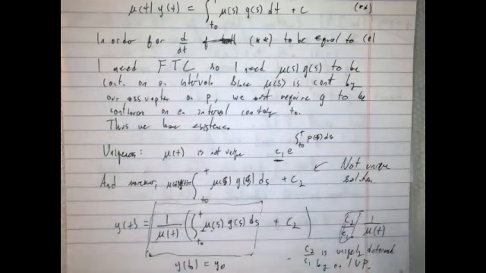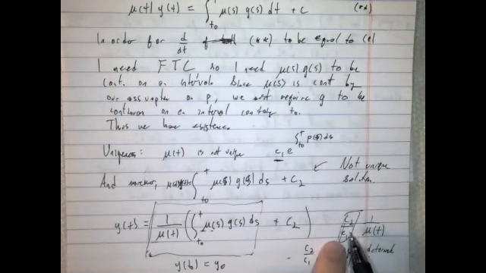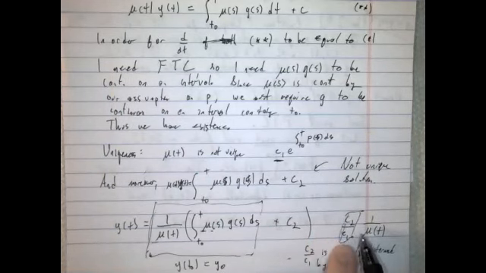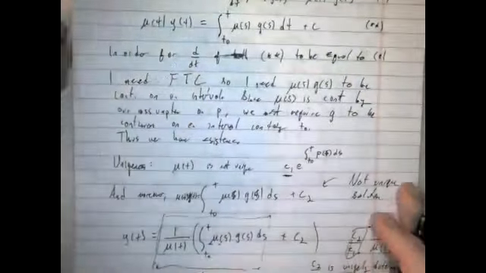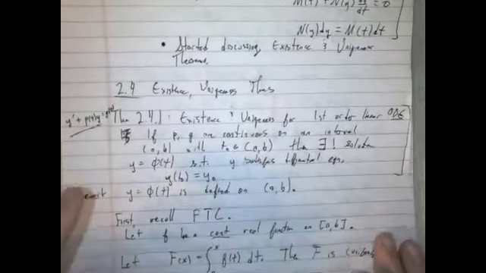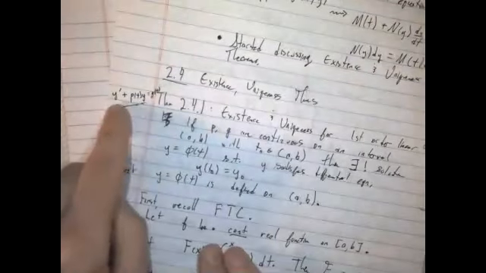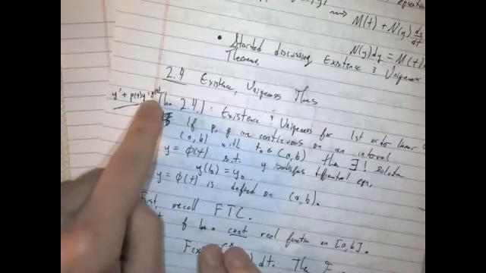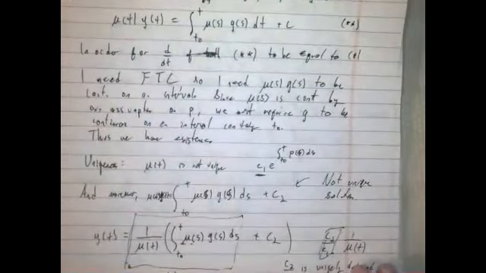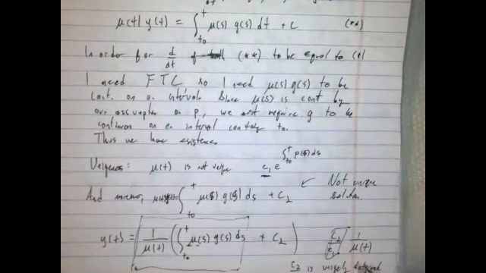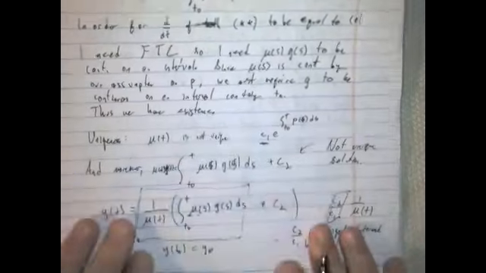which is true. Any value of c2 and any value of c1, as long as they're not 0, will give me a function which satisfies y prime plus p of t y is equal to g of t. But the point is, once I specify a particular